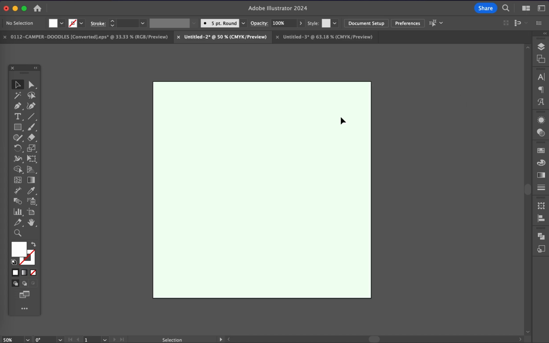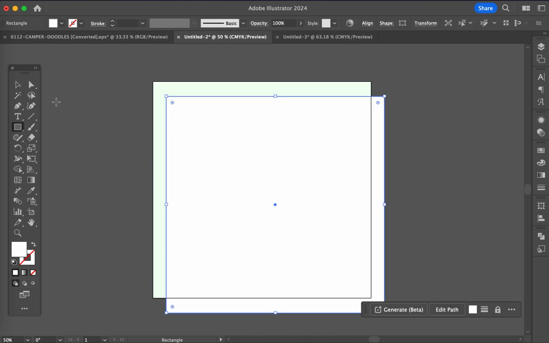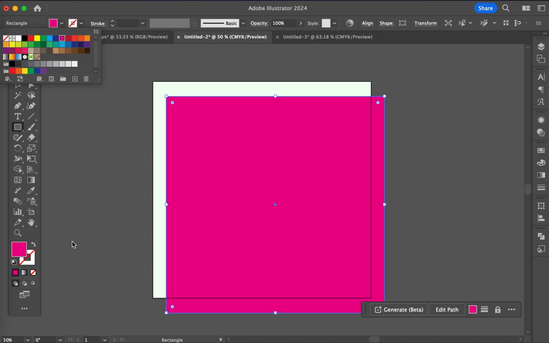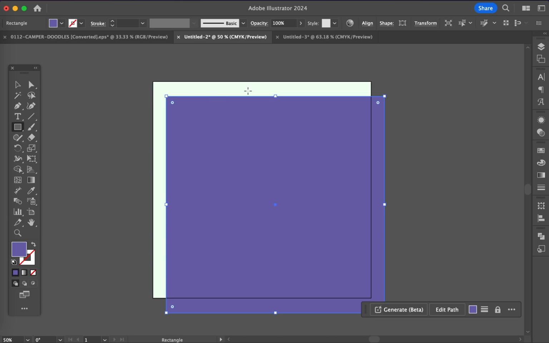Now if I wanted to print it, I would need to draw a box the same size as the background. And in this case it is 10 inches. And then I want to change the color either here or down here to whatever you're wanting. And then you can align it